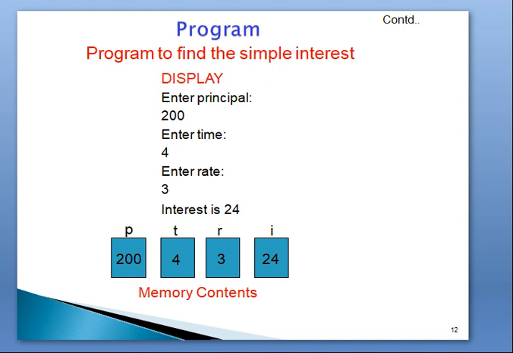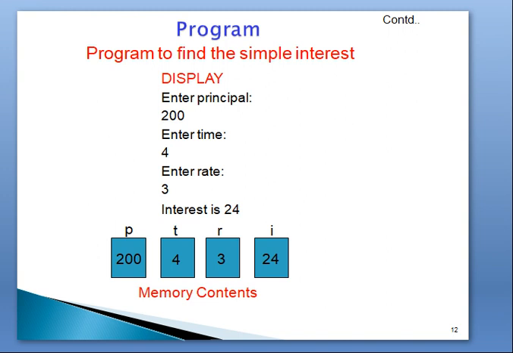Here, if you observe, we wrote 3 printf functions and 3 scanf functions. To interact with the user, we are using the 3 printf functions. In the first printf, we wrote enter principal, and whenever the user sees that message, he will enter the principal amount, that is stored in the principal variable p.